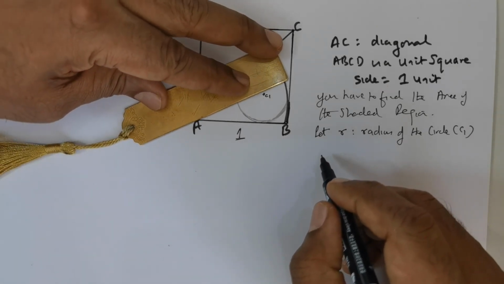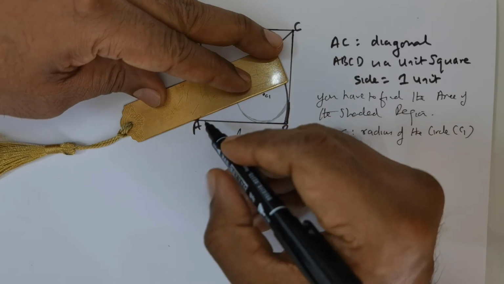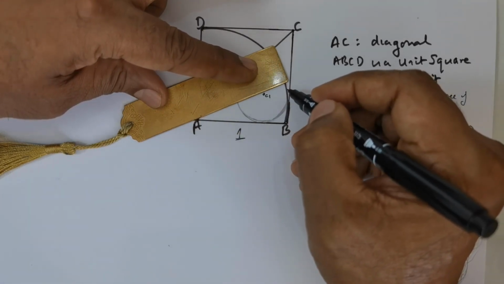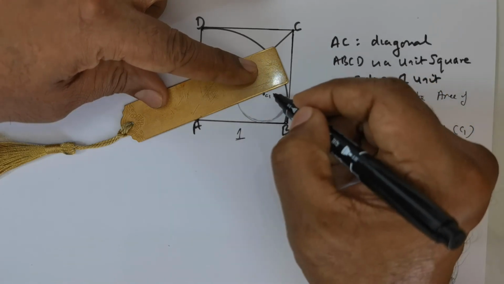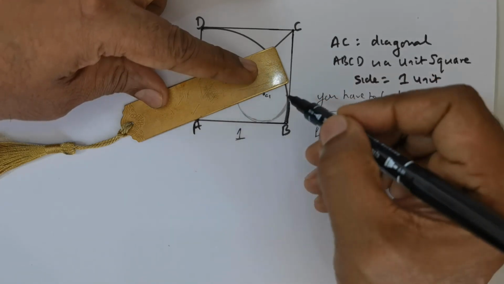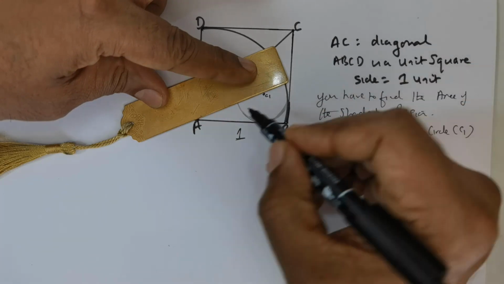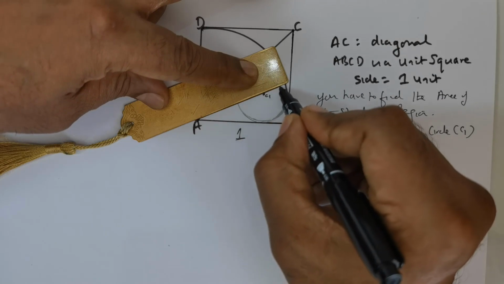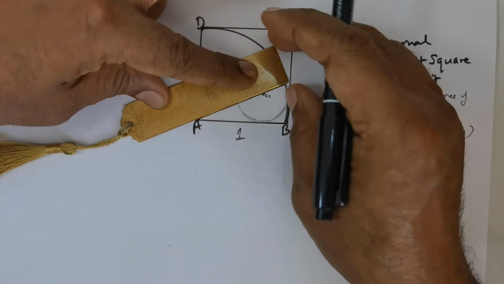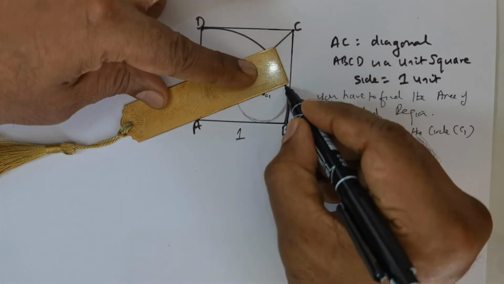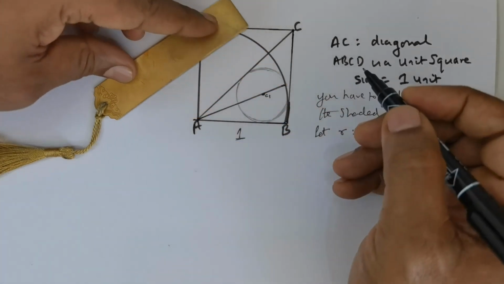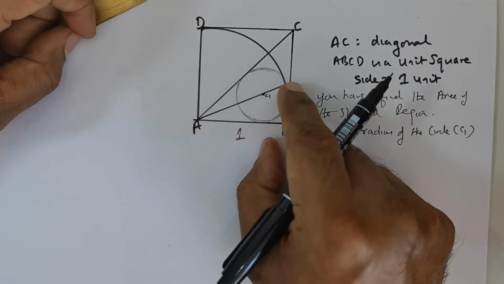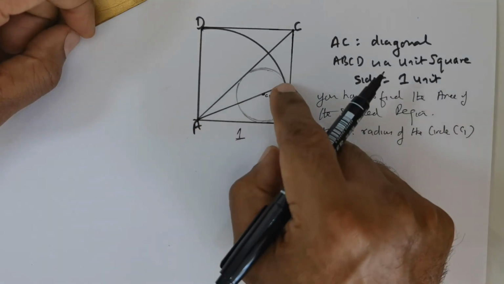So now what I'm going to do is, from the vertex, I would like to draw a line that passes through C1. I can very well do that. So let me do that. Okay, that's a line. It originates from A, it goes up till this point